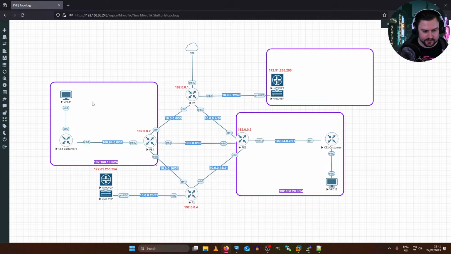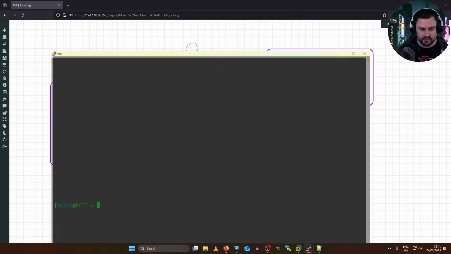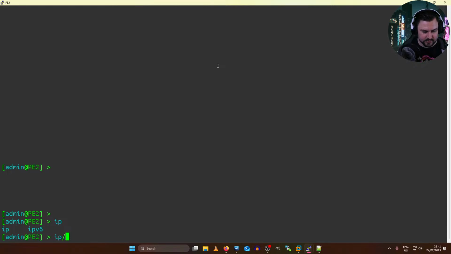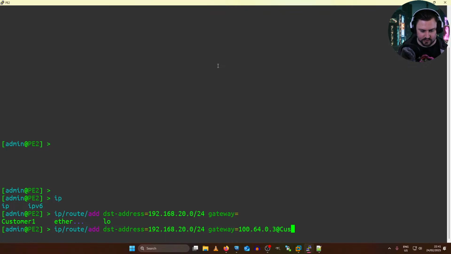All right, so we've got connectivity from this. Now we just need to do the PE2 quickly, and since we saw how quick the change was, it's going to be fairly quick on the PE2. So what we're going to do is IP route, destination 192.168.20.0/24, and our gateway is going to be 164.0.3, and here I've got it as a capital C, which is actually important.